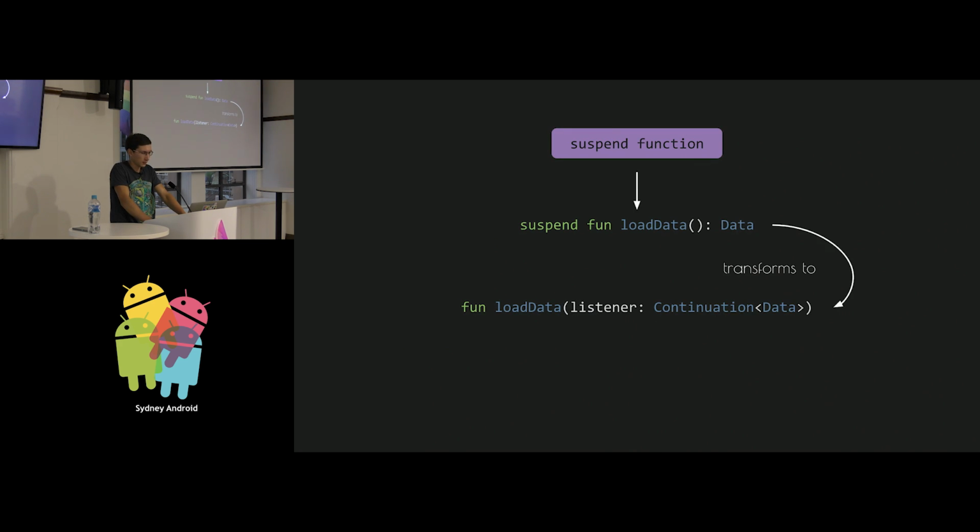Now the third important thing about Kotlin coroutines is the suspend function. It's a bit tricky one. Basically, we have a suspend keyword in Kotlin. As an example, here we have a load data function which returns data, and this suspend keyword tells the compiler something. Whenever this function is compiled,